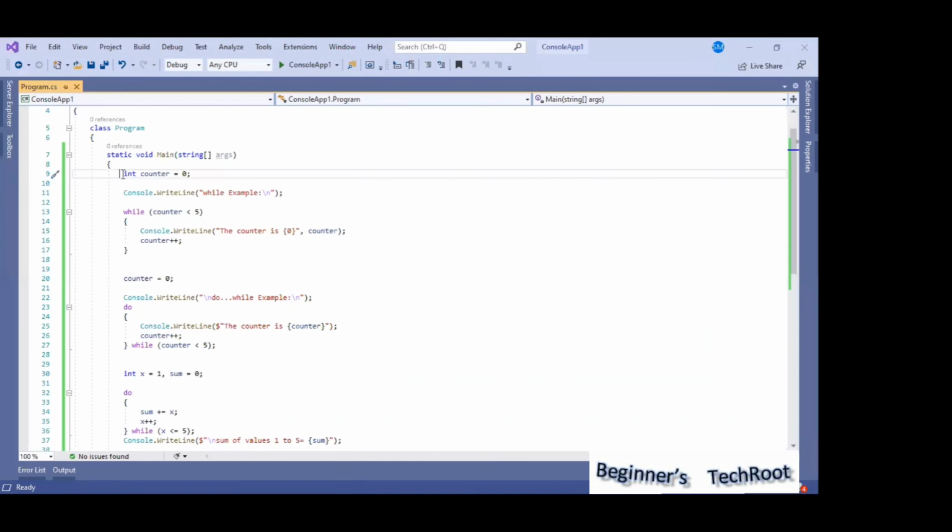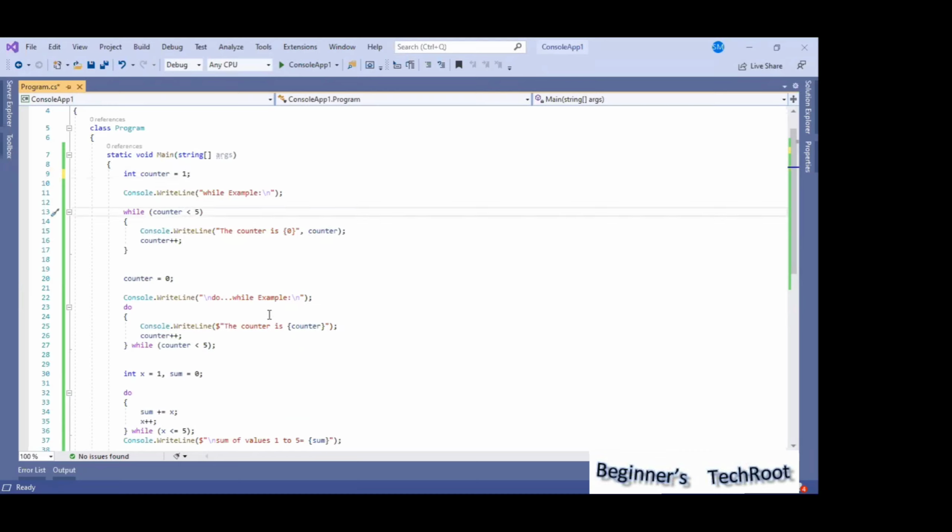Okay, so here the same, whatever the counter, I am just declaring and assigning with 0, and I can assign with 1 as well, and less than or equal to 5, and then counter plus plus.